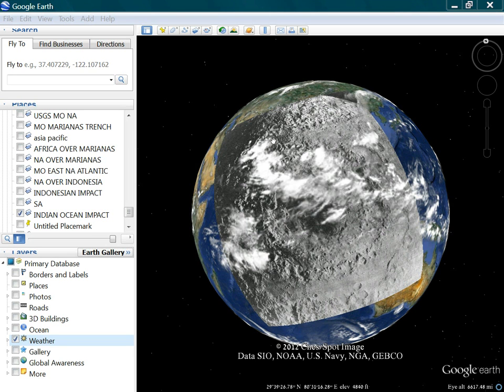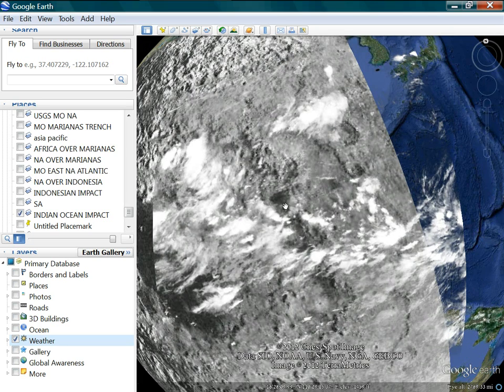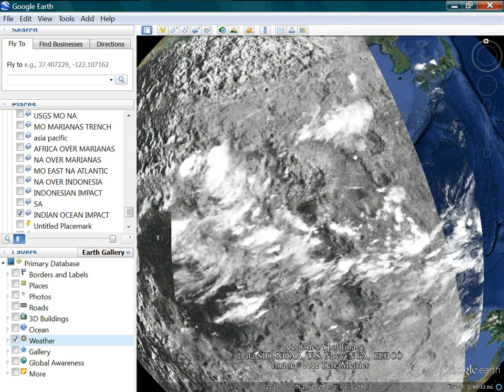Okay, so here's a cool weather update. This is the Indian Ocean impact I've showed a bunch of times. I haven't moved the crater. The crater's still in the same spot it's always been in. And just take a look at these weather patterns today and how they fit over in all this area here. Okay, so what we see is these clouds, like right here, and see the edge, the